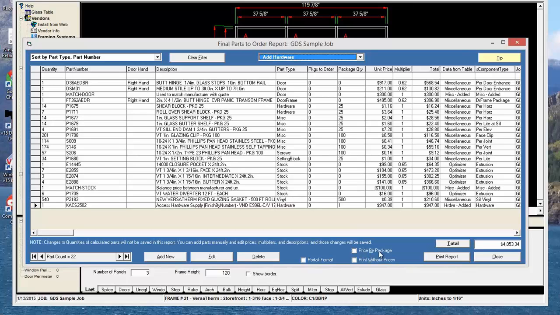So now if I go ahead and check this box, price by package, it's going to adjust the pricing based on the package. So there's 174 of these self-tapping screws needed for this job, but it comes in a package of 100. So now you'll notice that this column has a number in it. So it's saying that there are 2 packages to order. So if it's $1 per unit, and there's